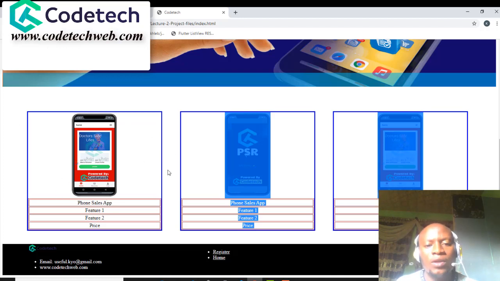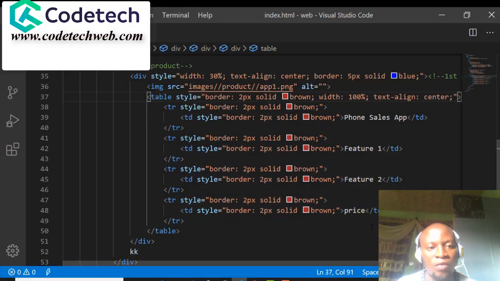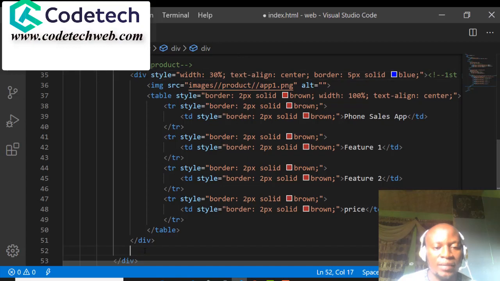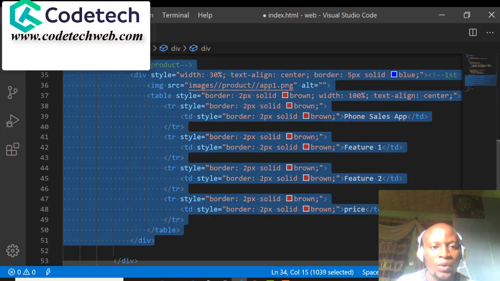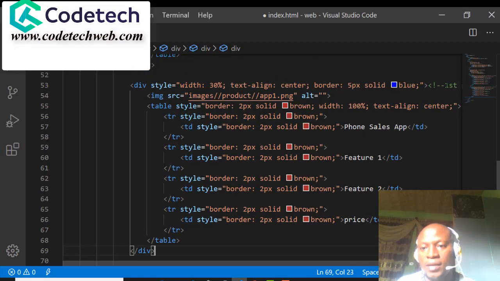So I will not be creating these 2, because if you look at it, you will discover that they are exactly the same design as the first one, only that the pictures are changing, and that is not a big problem. We can just copy this and paste it 2 times and change the picture over there, because it is of course the same design. So this is the beginning of the first product, and this is the end of the first product. Let's delete this. So I'm going to copy, hit Ctrl C, then so this becomes my second product,